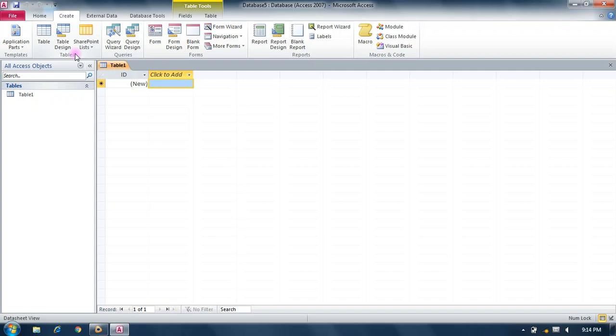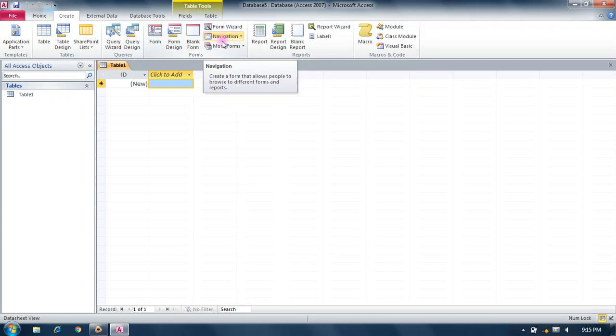Query is used to selectively retrieve and display data from inside the table. From a query, you can take your selected data from tables.